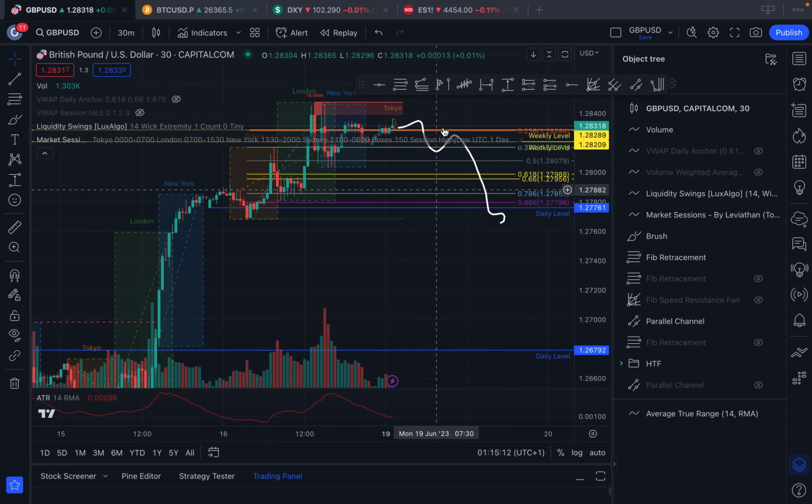That's when I would be like, okay, if we retest this weekly level and start heading down, we need to look for a short. Especially if we lose this daily level, because that would literally be your last level of support. Because, however, if we just go straight back down here, so if we, for instance, instead of this, did this,